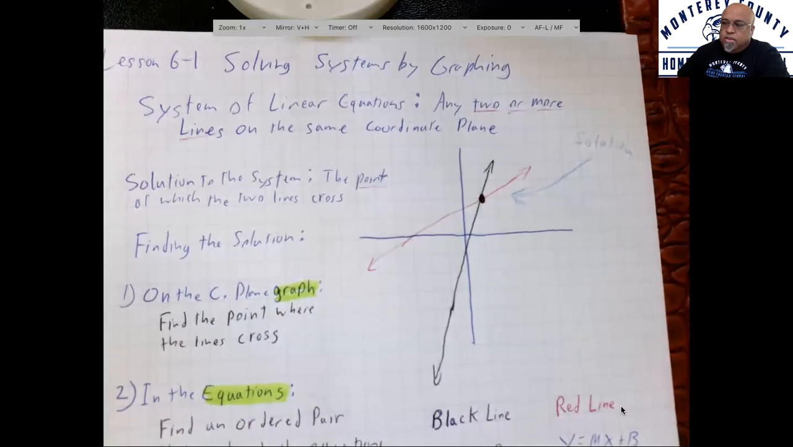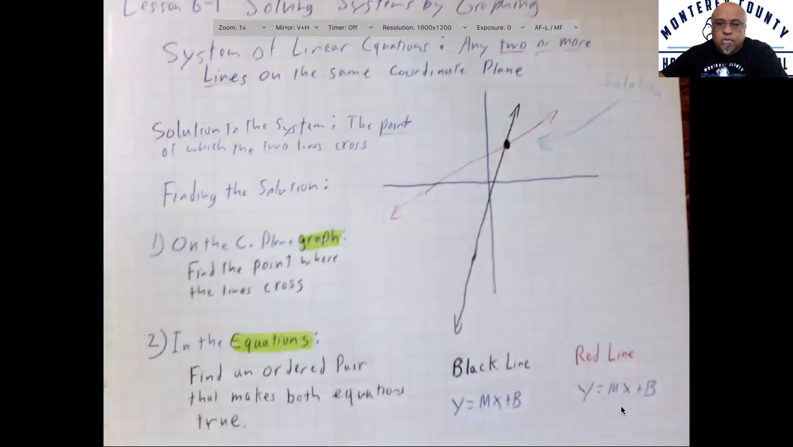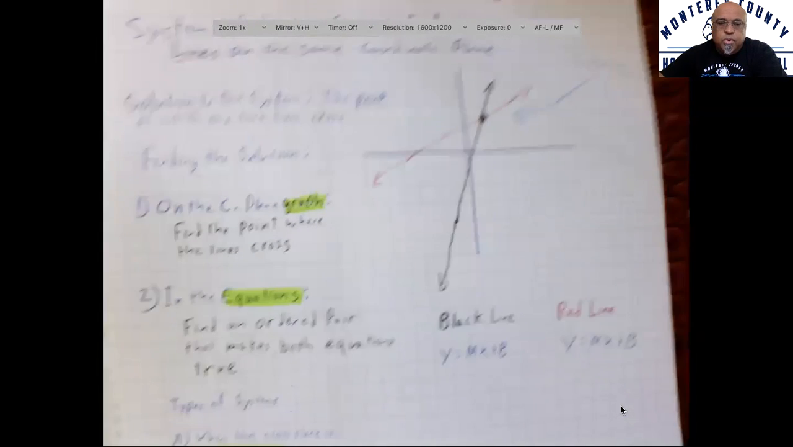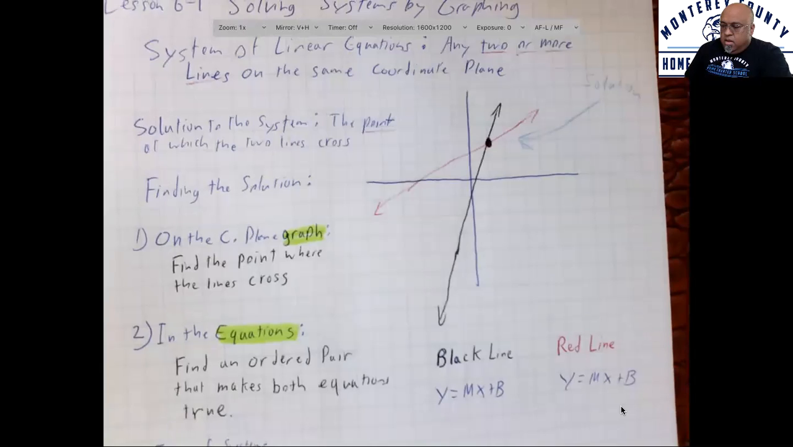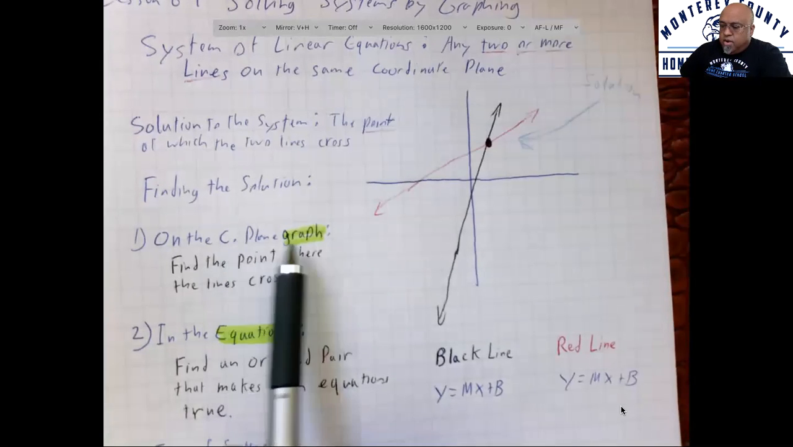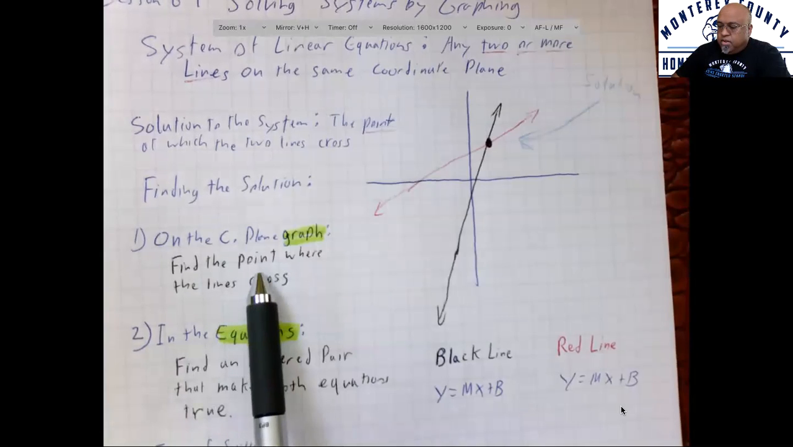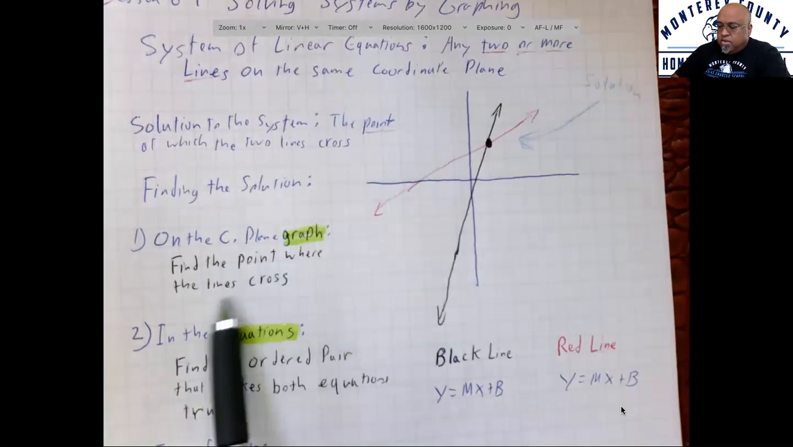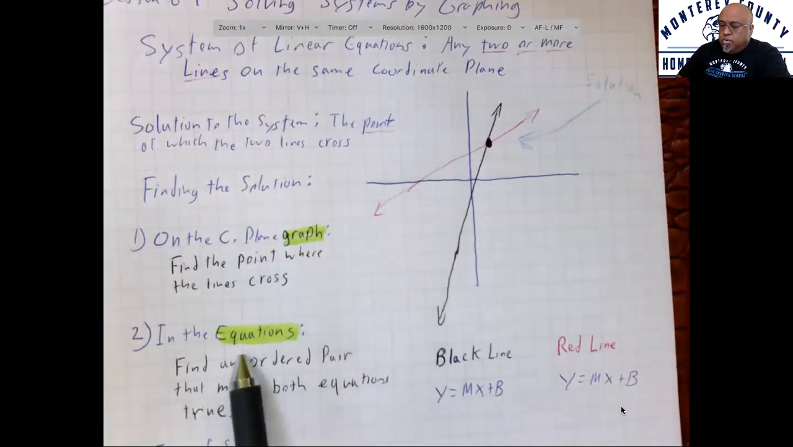But how does that work with the equation? Okay, because remember, every graph has an equation that represents it. So on the coordinate plane graph, find the point, not points, where the lines cross. But in the equation, you want to find an ordered pair that makes both equations true. Okay,